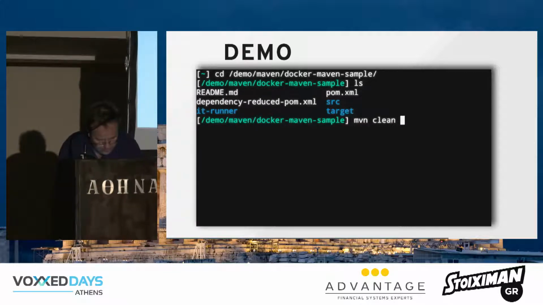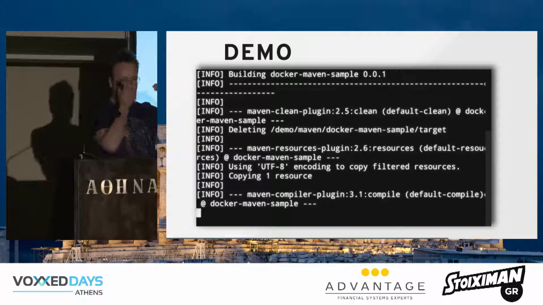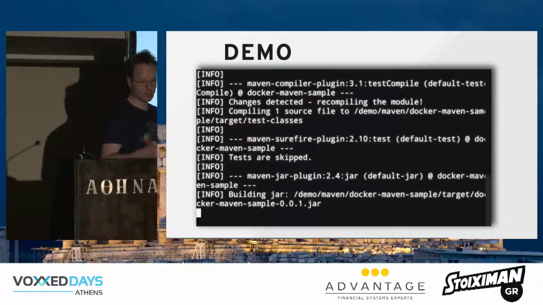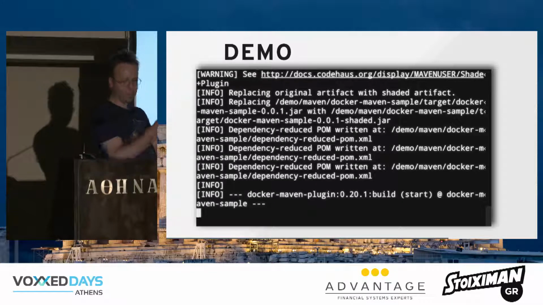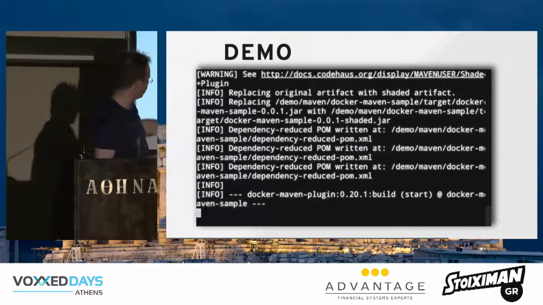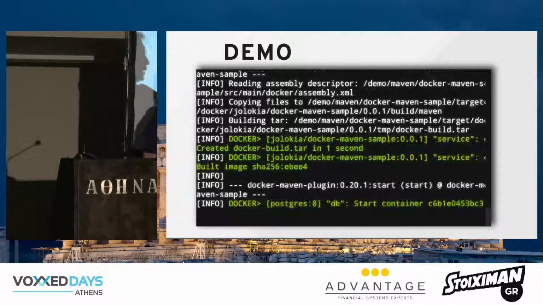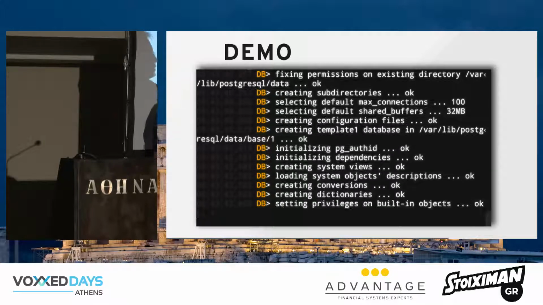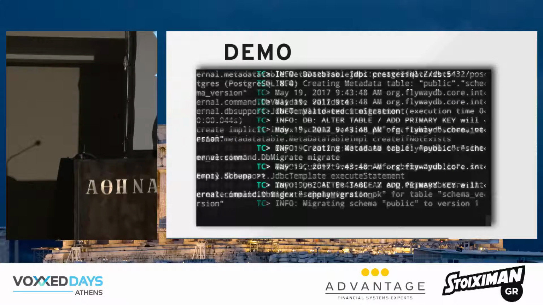So if I have prepared it here, and this is a simple example which starts up a database, a PostgreSQL database. I have an application which writes in its database, and this database is started during the beginning of the integration test. Of course, in that part, it's simply building the image, which you see here. So I have here a Maven sample image, and then you start the database. This is Postgres. The plugin then waits until a certain line appears in the log file, and after that, it